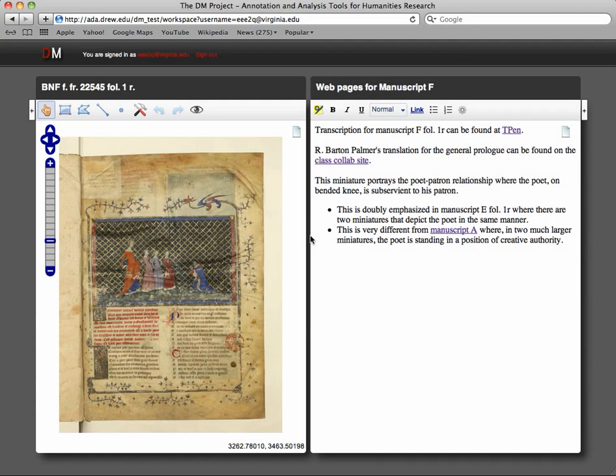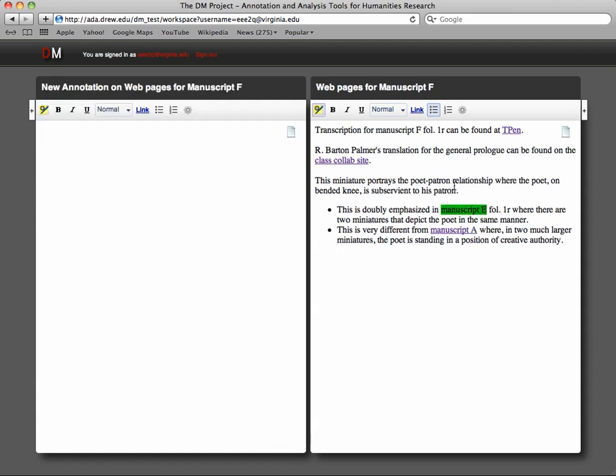So we've already seen how you can annotate folio images by using markers. And something else you can do is annotate selected text in a text document. So that could be useful, for example, if you wanted every time you mention manuscript E, you could have the description for manuscript E available via an annotation. So to do that, you highlight the text you want to annotate, then you click on the Annotate Selected Text button, the yellow button, and then the text that you had selected will turn yellow, and then you click on it, and then you click on the pencil and note card icon, and see now you have an annotation on a text document. So you could call this